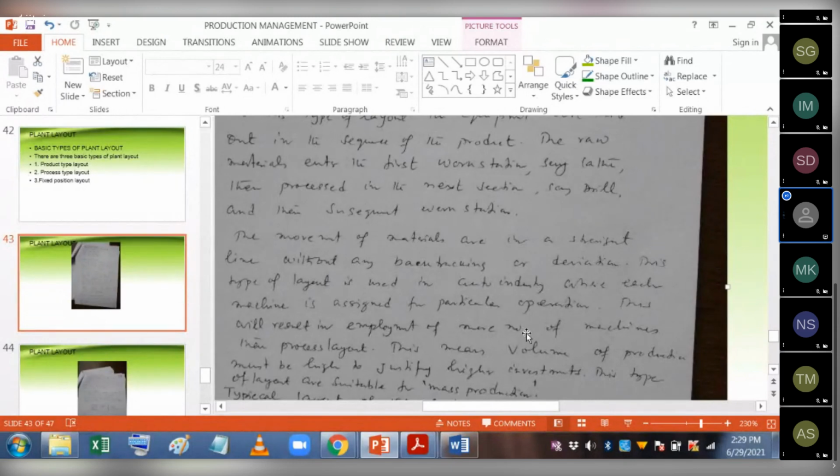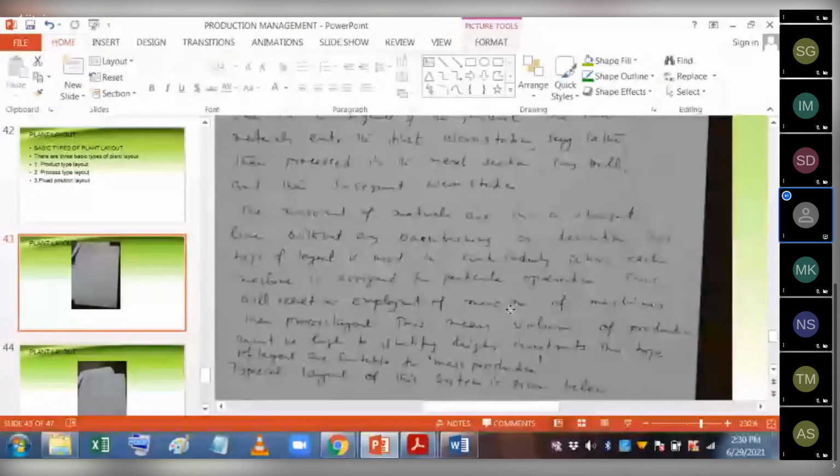Similar thing happens in case of an auto industry. Just imagine auto and shoe, their production system are almost identical. Now, this type of layout is used in auto industry where each machine is